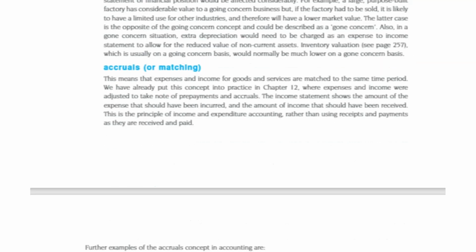Accruals or matching concept, which you have learned heavily in chapter number 12, accruals of expenses, and it's going to come later on accruals of income or prepayments of income. Accrual says unless you earned, you don't record it. Unless you earned the money or the money is supposed to be paid. I'm going a little extra here regarding the accruals concept. Accruals means income should be matched with the expenses. That's the book definition. But my definition,